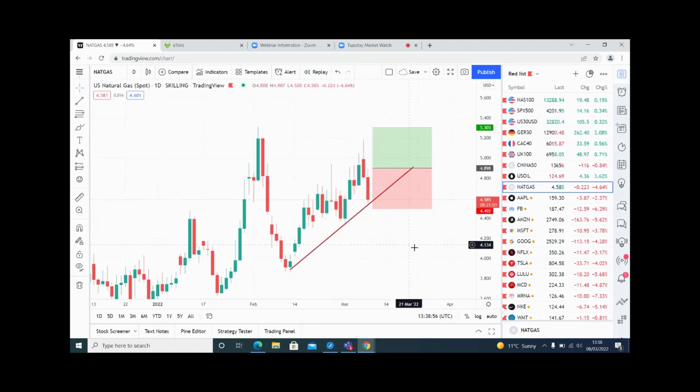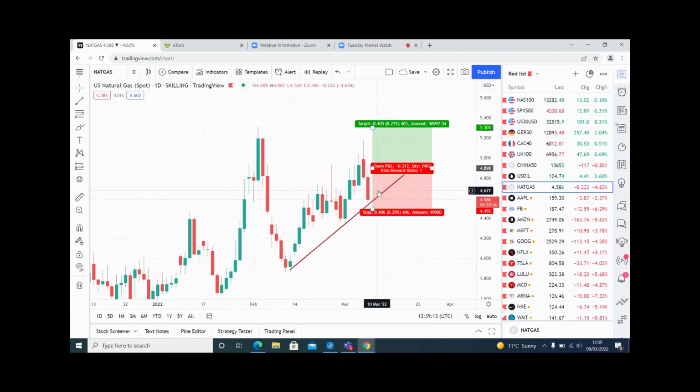Now, is this a perfect trade? Absolutely not. This is a trade where we are being super aggressive. Why? Because the daily is in phase 2. The higher time frame is in phase 2. This is the higher time frame. Now, anywhere other than the boot camp, the higher time frame should always be in phase 1 when we're dropping to the lower time frame. But this is the opposite. This one's in phase 2.